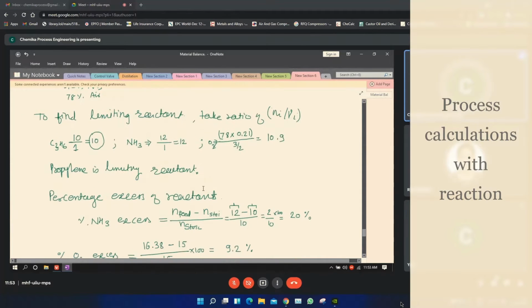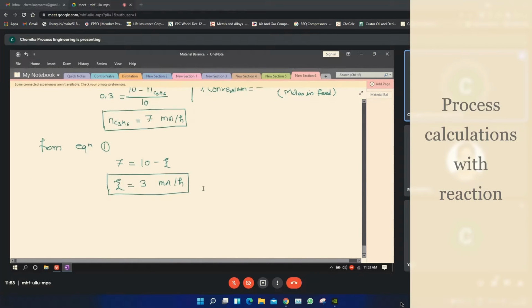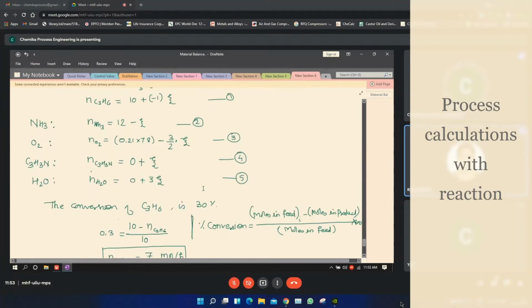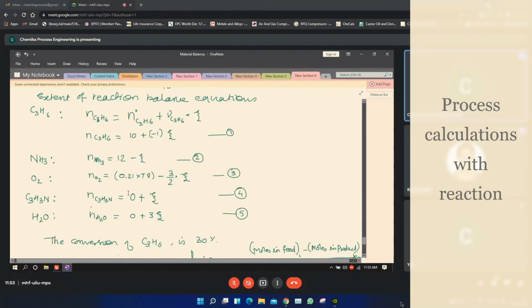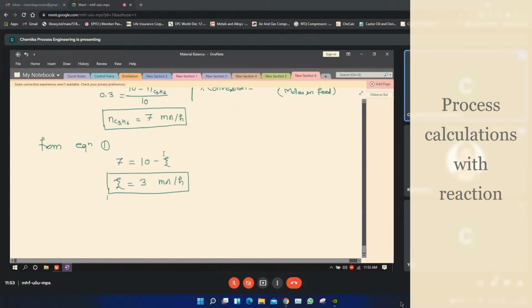Once you have this single equation, it looks very easy to calculate. But when we have a complicated number of equations, number of systems, number of species, it becomes a little complicated. So this is the easy method. Instead of doing it by the rough method, you can use this method. This is the preferable method by the reaction scientists, engineers, and the experts. So I will write the values of each one, you calculate.